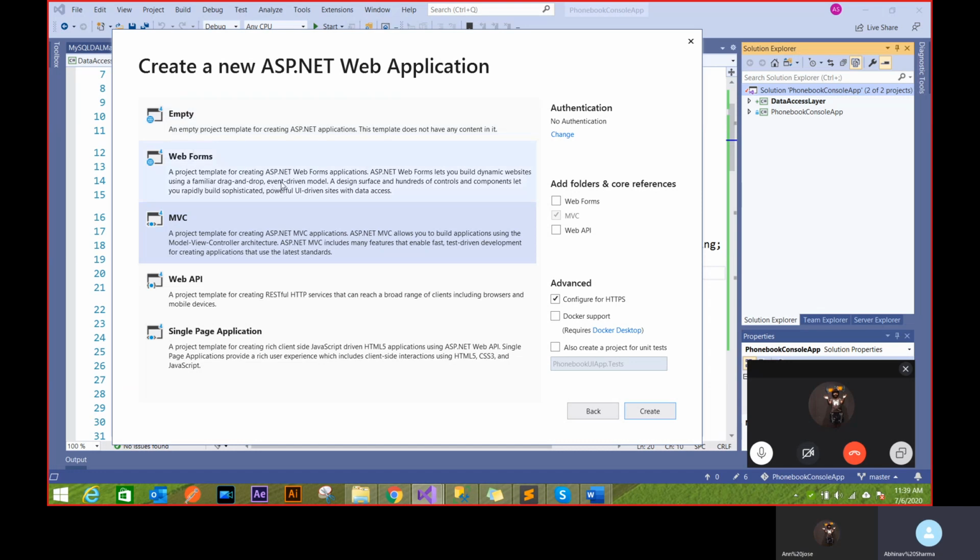And web forms is the old driven UI. MVC runs kind of on top of web form, but web form doesn't have a very good routing scheme, which is why people are not preferring web forms nowadays. As you can see, the routing of MVC is really nice. I can just write everything on the URL and I know exactly which function is going to hit. So it's a very nice standard now.